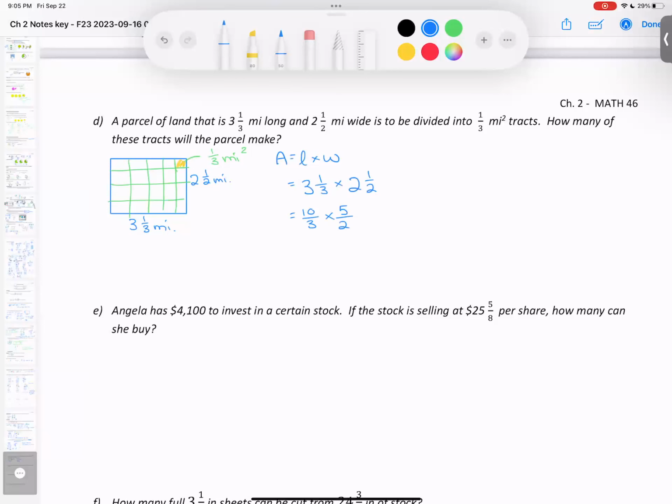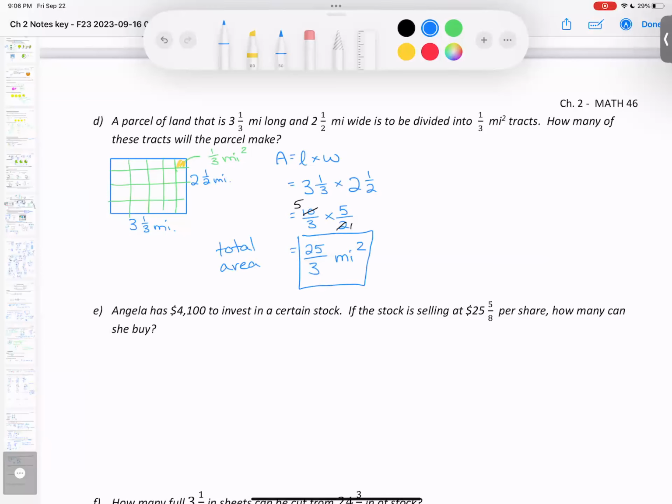Okay, and now we can cross simplify if we can. I see I have a common factor of 2 there, so I'm going to divide by 2. That's all I see that I could do. So we get 25/3. So our total area of our large piece of land is 25/3 of